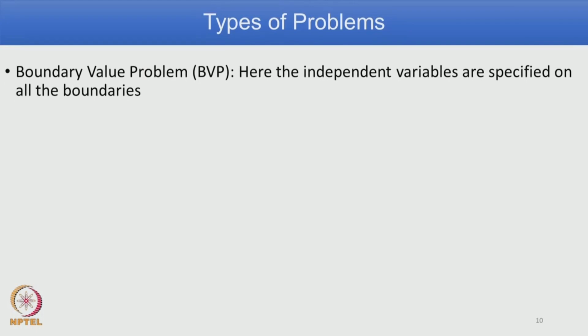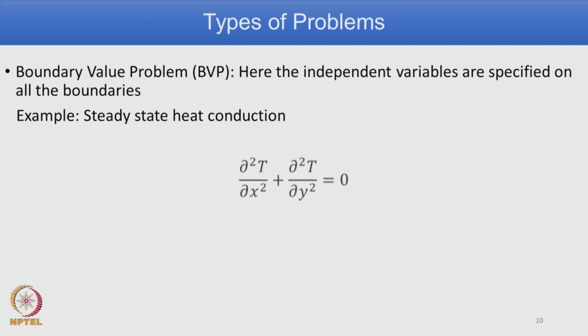Next, we also have to know what is the type of problem. So, there are 2 classifications. One is a boundary value problem. Here independent variables are specified on all boundaries. For example, the steady state heat conduction equation is given here,